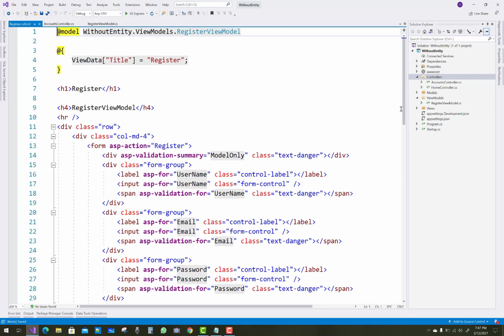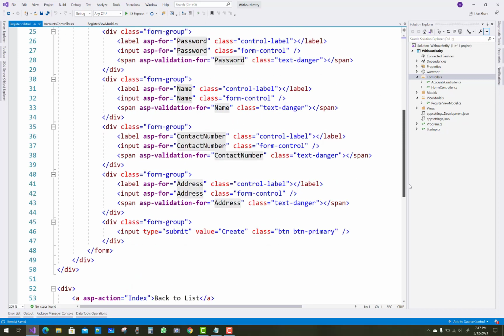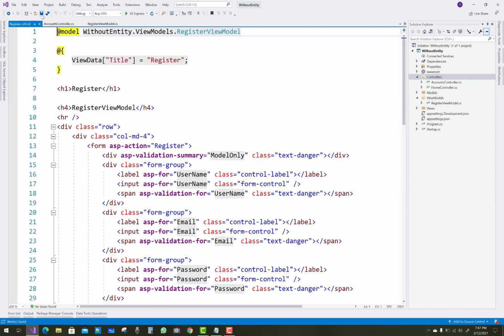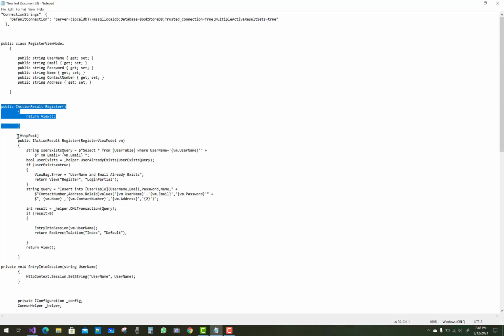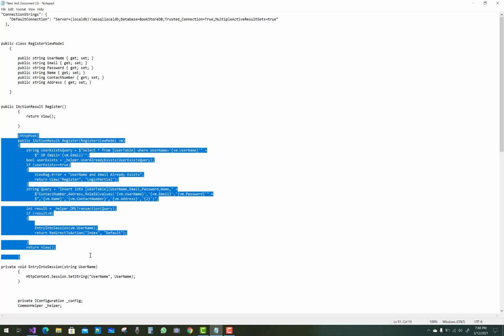The form has username, email, password, contact number, and address, as usual, you know. After that, you have to add a post action method for Register. So just copy that code and paste it here.